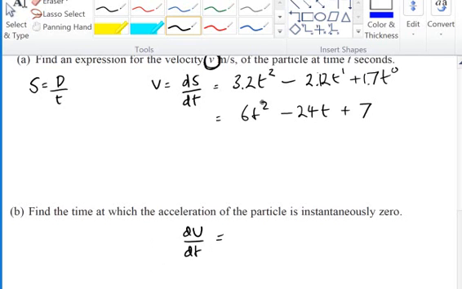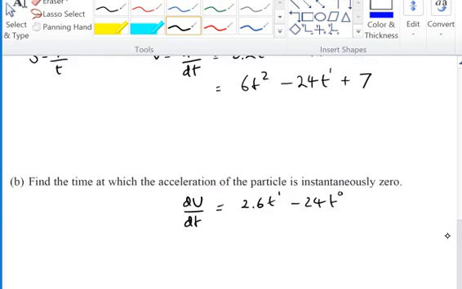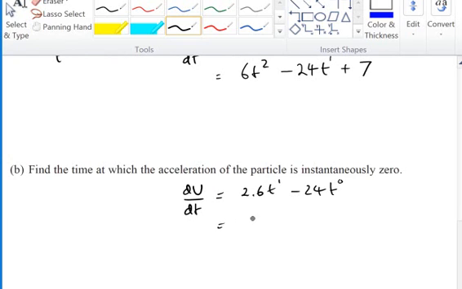So the 2 comes down, multiplies by the 6, and that leaves you with t to the power of 1. The 1 that is there comes down and multiplies by the 24, t to the power of 0. And of course, as before, the constant will disappear. So you're left with 12t minus 24. Now, to finish the question off, you've done 2 lots of differentiation and the trick's been used 5 times there, very easy marks,